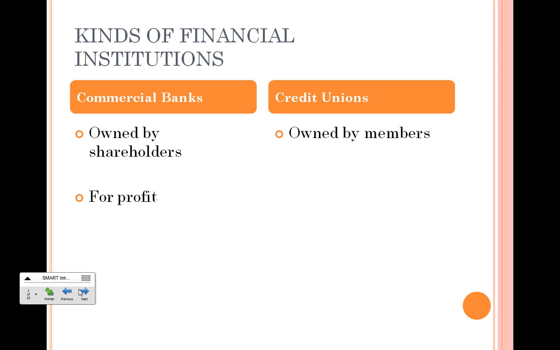A credit union, on the other hand, is owned by the people who bank there. So if I wanted to own a piece of Educators Credit Union, I have to open an account at Educators Credit Union. It's also not for profit. So they operate solely to provide a service for their members, which means that generally their fees are a lot lower and they offer their members a lot more benefits than a commercial bank. Is that to say that they're better? Not necessarily. They're just different. So you kind of have to do some research and figure out which one is the better option for you.